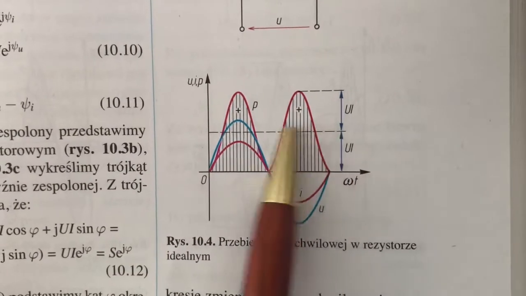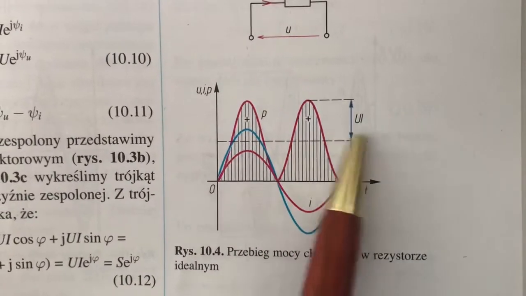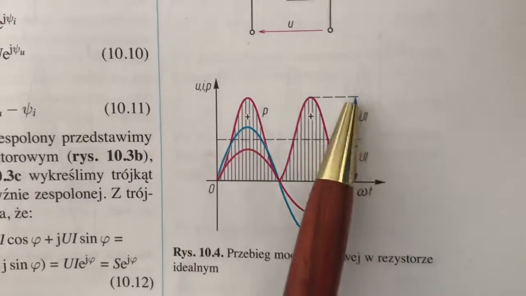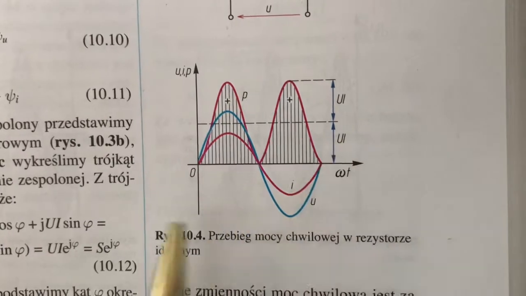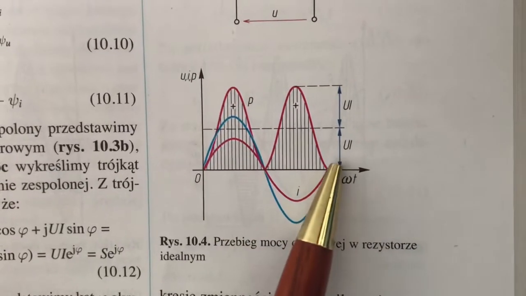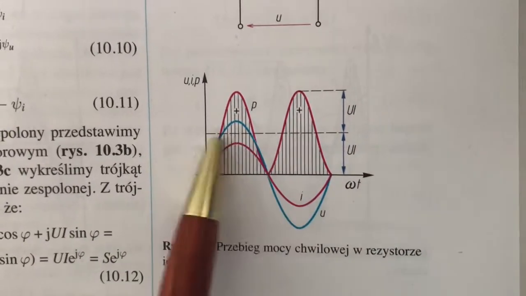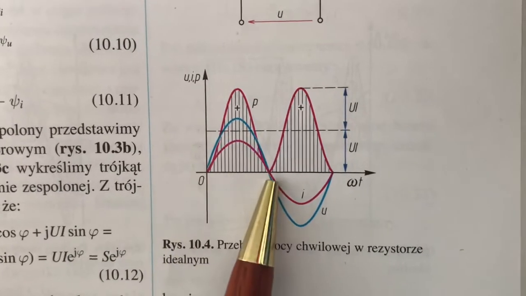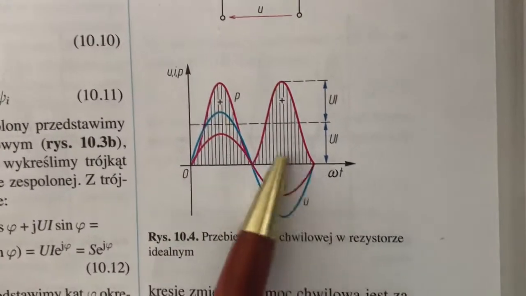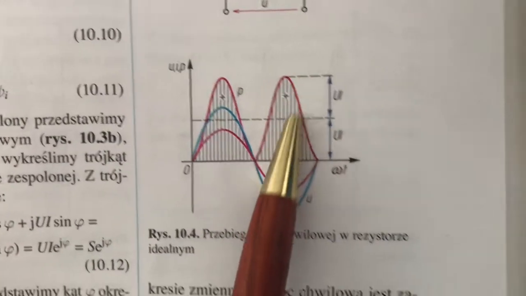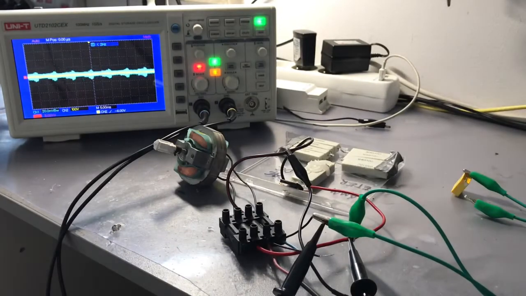As you can see, for the active power, the voltage times current there, voltage times current there, on both sides of the cycle, here we have a positive value of the power, and here on this side of the cycle we've got a positive amount of power. But when we will